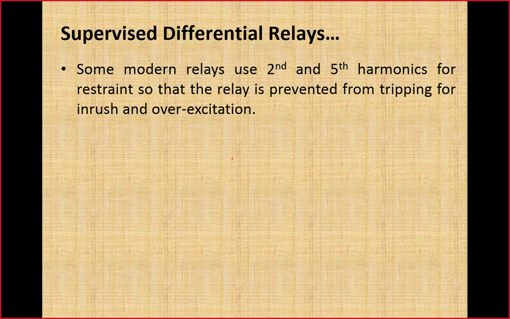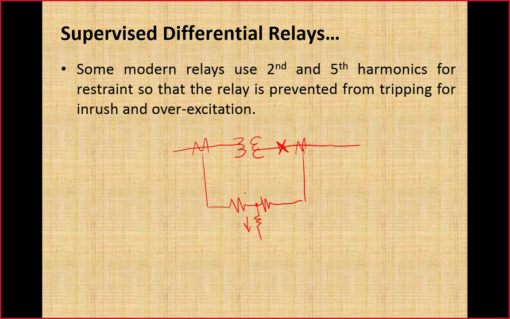Now here I will explain what is meant by the inclusion of third harmonic will block the operation of the relay. Look at this transformer. It is being protected with the help of a differential relay. These are the restraining coils, and here we have the differential coil, and this differential coil current will also be used for restraining application if it has harmonic components. Let's say a fault has occurred inside the transformer zone. This is the location of the fault, and the transformer was part of an interconnected system, so fault current will exist in both